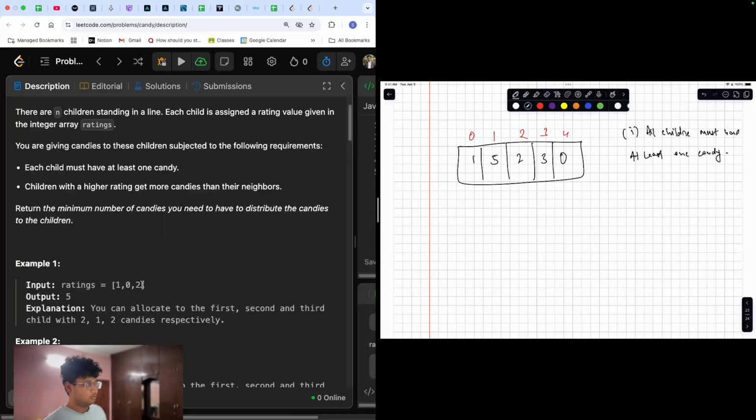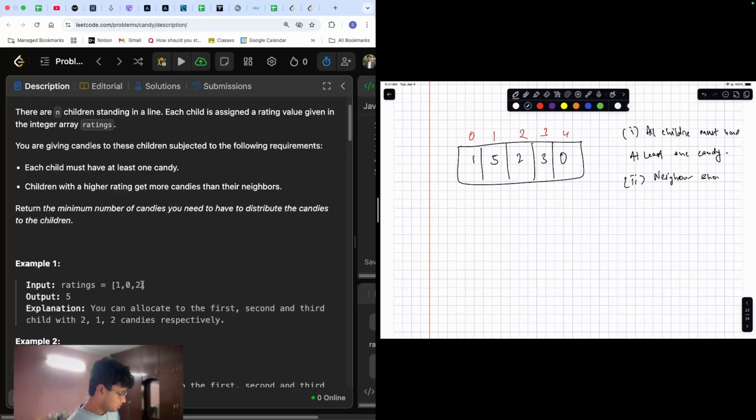So no child, even with the rating 0, can go with 0 candies. All of them have to get one candy. And the second thing is that the neighbors